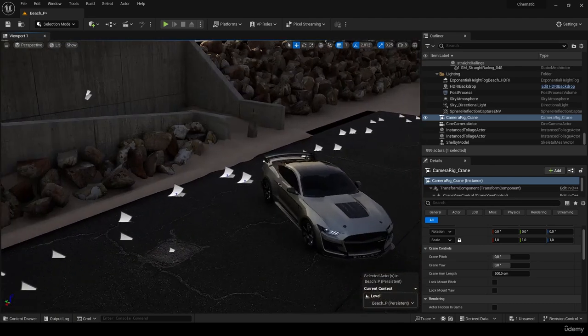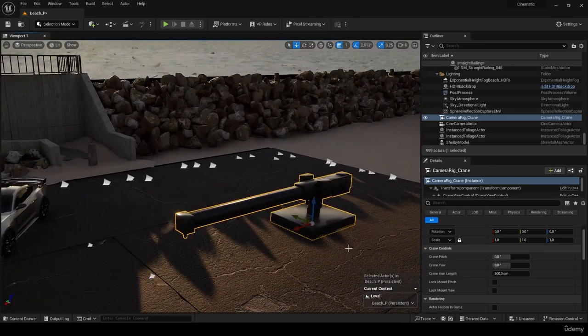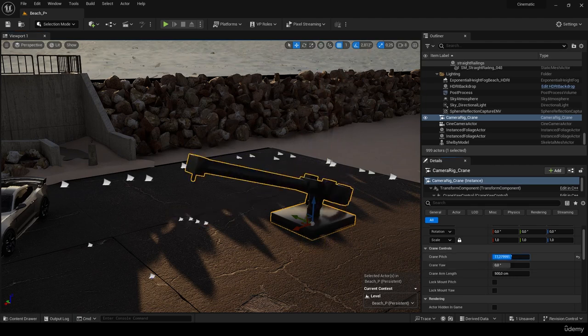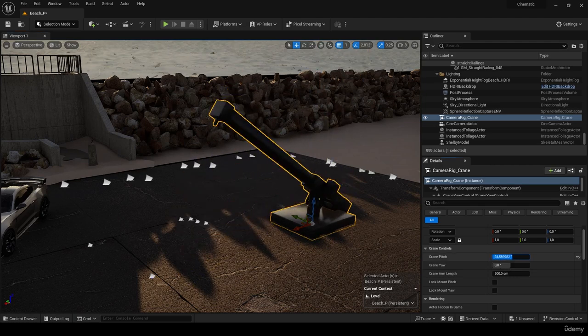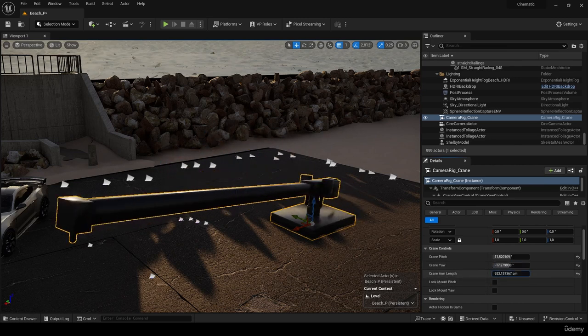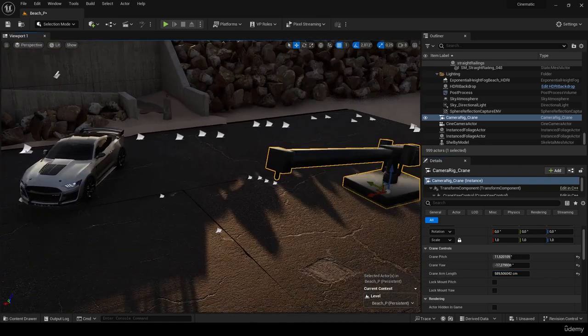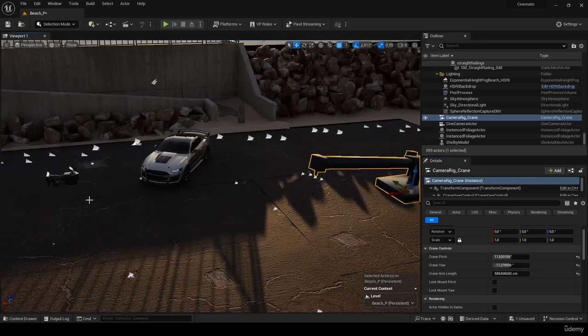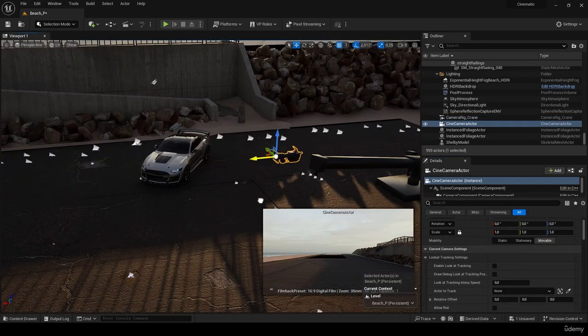So for example, we have this crane here. Okay, let's look at it. Here we have Crane Pitch, Crane Yaw. So let's see what Crane Pitch is doing. It's moving up and down. Okay. And Crane Yaw, it's left and right. And Crane Arm Length is to extend the length of this crane. Okay, perfect. And now what we can do, let's attach this camera to our crane, for example, the same way